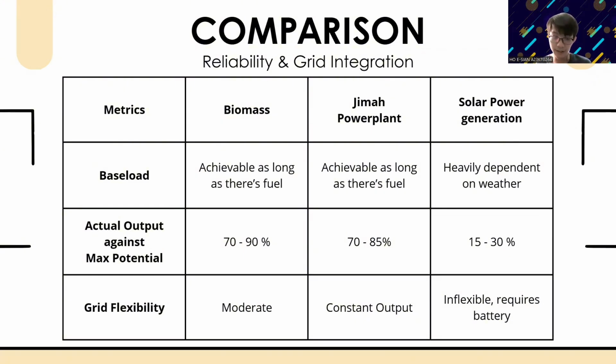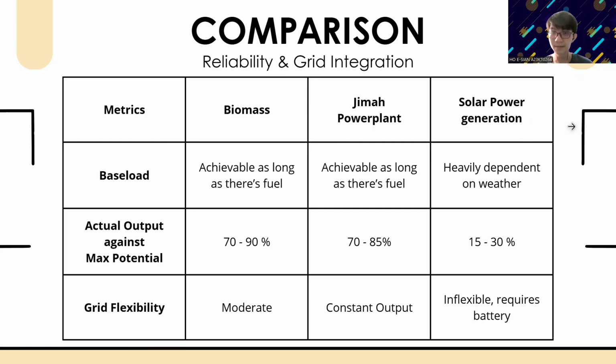So for actual output against max potential, for biomass and the GMA power plant, it's relatively high. For biomass, it will be 70 to 90%, and for the GMA power plant, it will be 70 to 85%. Solar power generation, on the other hand, can only achieve an actual output of 15 to 30% against maximum potential. And in terms of grid flexibility, both biomass and the GMA power plant provide constant output and moderate grid flexibility, as they can be easily integrated into our electrical system. But solar power generation is quite inflexible because it requires a battery system to be integrated into the